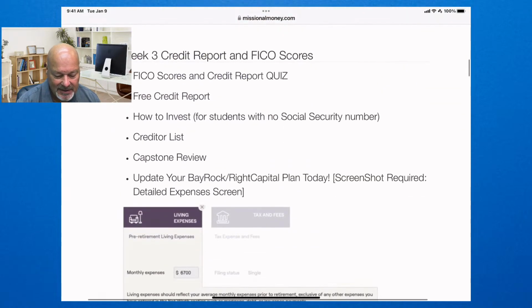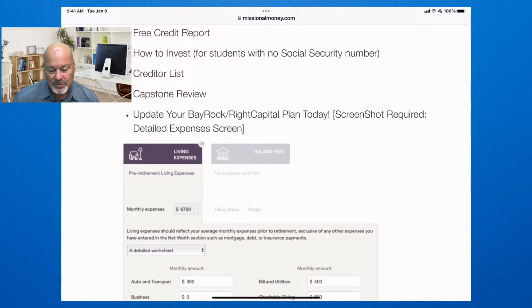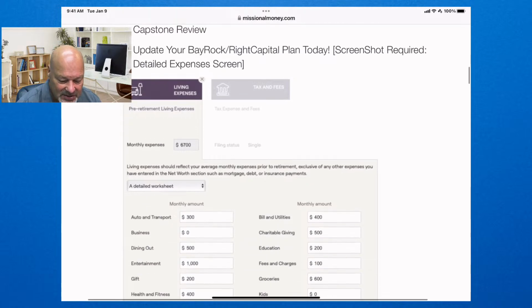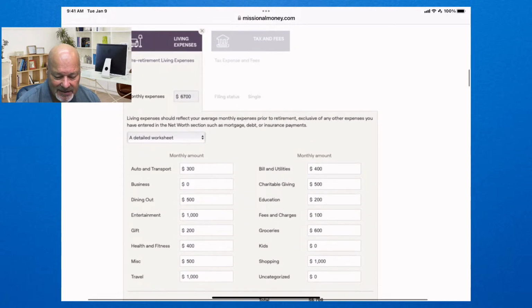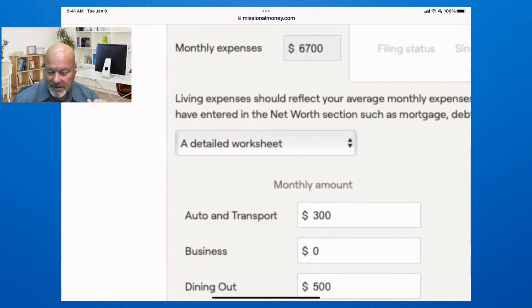And that credit list, again, is part of this assignment. And you will update your Right Capital plan. If you haven't set that up, you will want to do that. There are instructions, again, in Money Study Group. But you will find these living expenses. You'll find that in